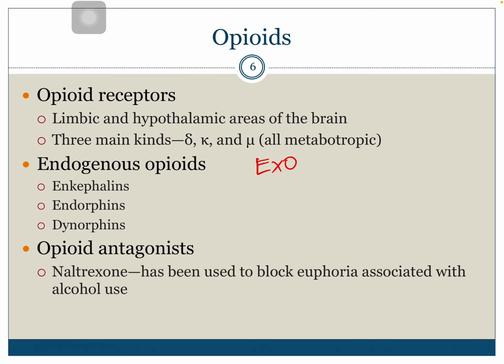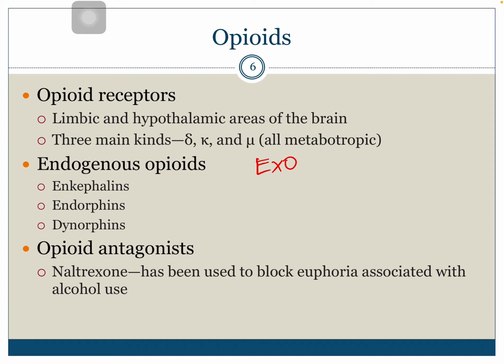And we talked about agonists versus antagonists, if you guys remember. Antagonists a lot of times will block a drug or block a chemical from connecting to a receptor. One example of an opioid antagonist is naltrexone. What naltrexone does is it is able to block a very specific effect that is seen in alcohol. It blocks the receptors so that a person who is using alcohol doesn't experience that sort of high, that euphoria that you typically will experience.